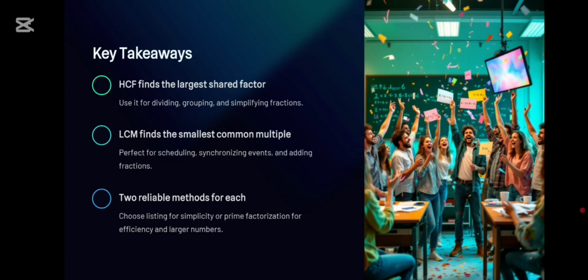All right, now the key takeaways we need to know. We find the highest common factor, which is just finding the largest shared factor, used for dividing, grouping and simplifying. Then the lowest common multiple finds the smallest common multiple, perfect for scheduling, synchronizing events and adding fractions. Then for the two reliable methods for each, we can use either the listing or the prime factorization, and we will always arrive at the same